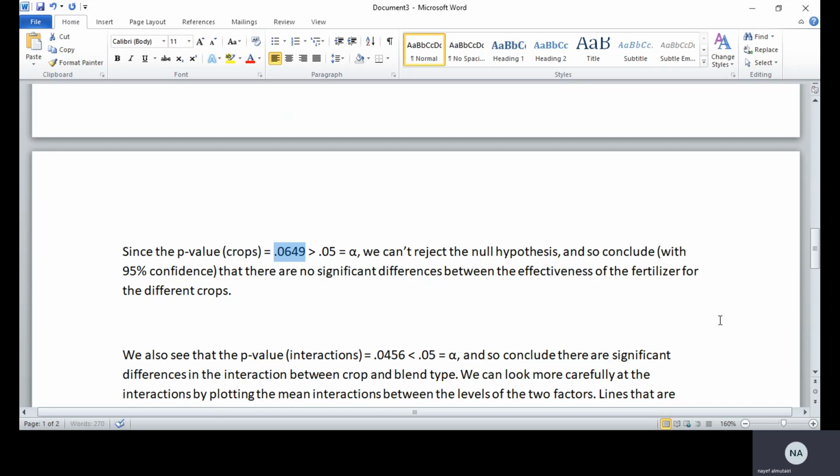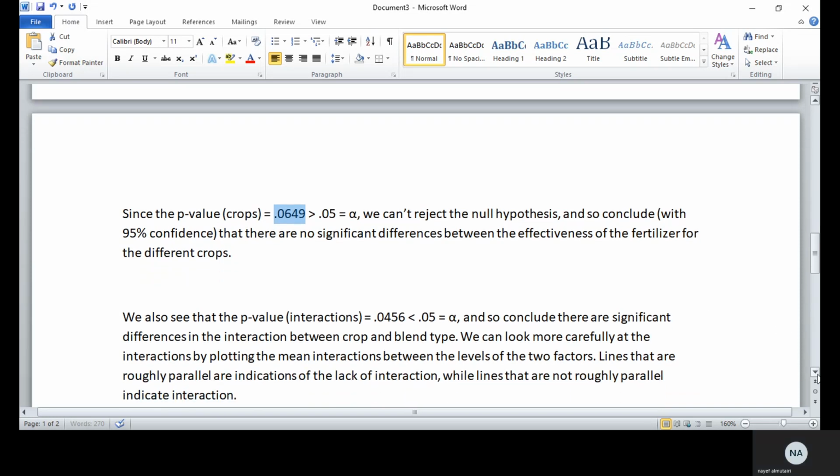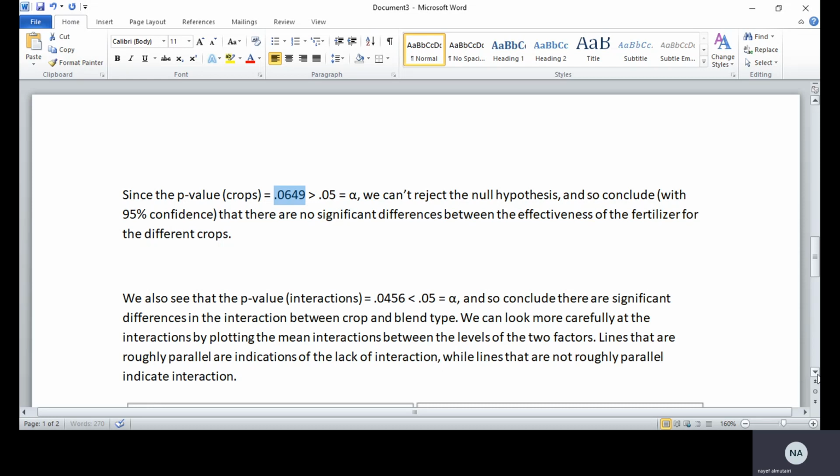The third one, the interaction. Remember, the interaction was very close, 0.0456, very close to 0.05, but still it's lower than 0.05. We also see that the p-value for the interaction is equal to 0.0456, less than 0.05, equal to alpha, and so we conclude there are significant differences in the interaction between crop and